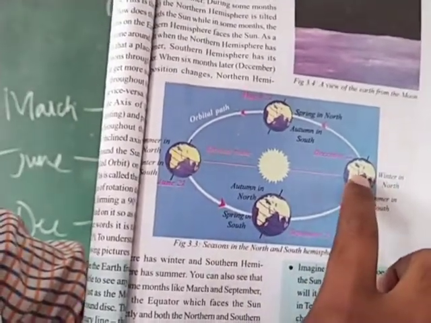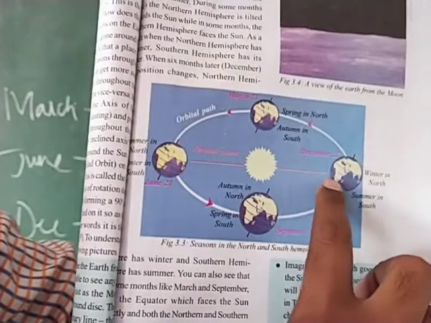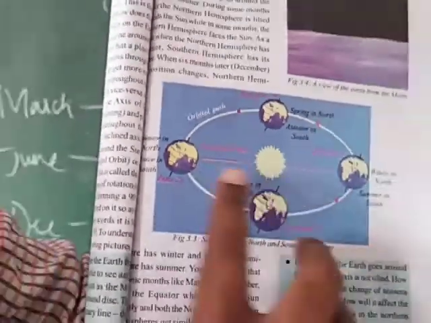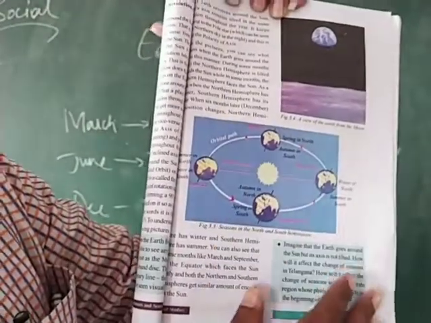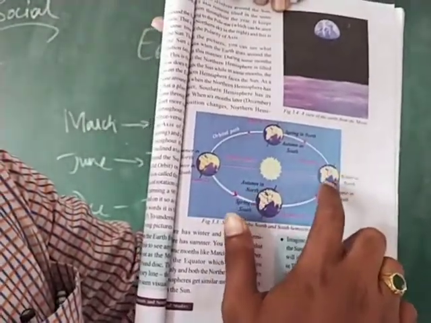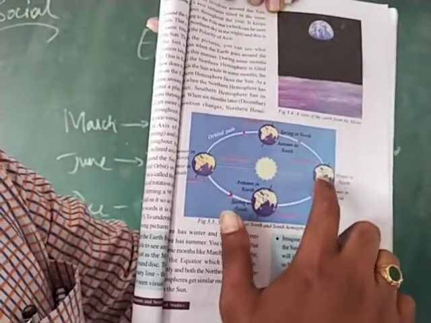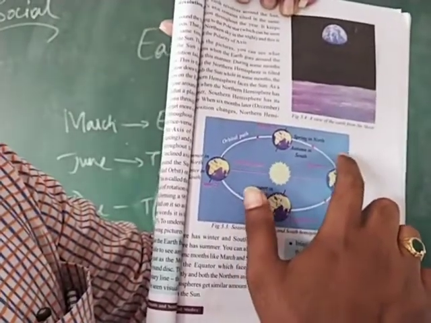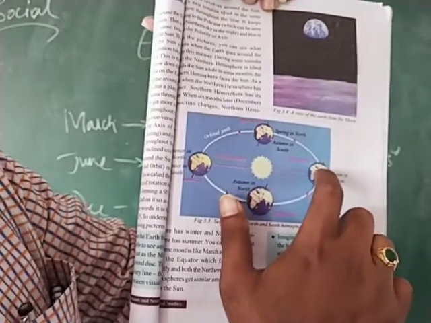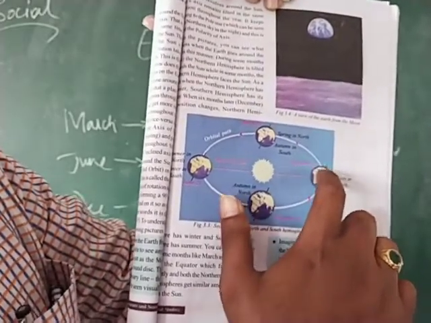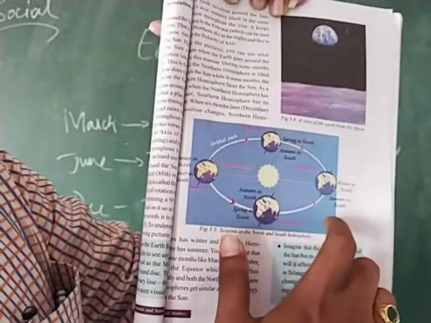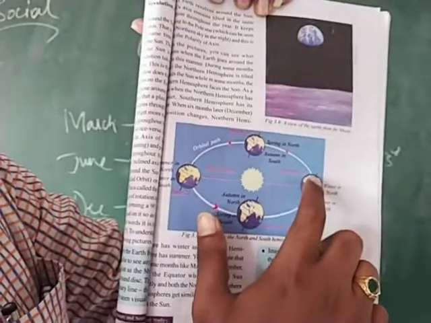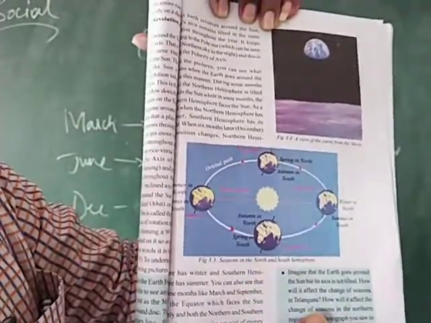And on December 22nd, the sun's rays fall directly over the Tropic of Capricorn in the southern hemisphere. This is what we tried to understand today. As you move towards the north and towards the south from this tropical belt, you reach the temperate belt, and after the temperate belt is the polar region, which you also call the tundra region. As you move towards the north and south, it becomes very cold, where you find 6 months of day and 6 months of night, and even the oceans get completely frozen in this region.